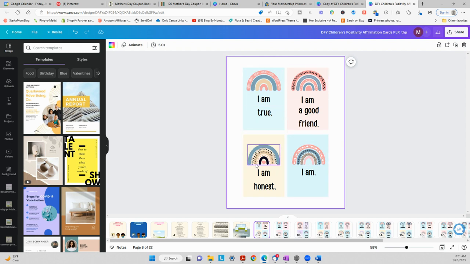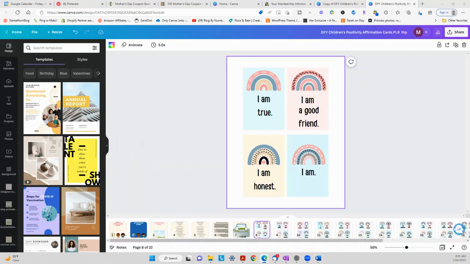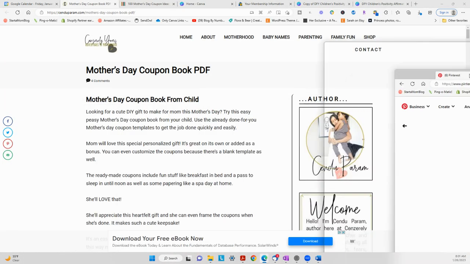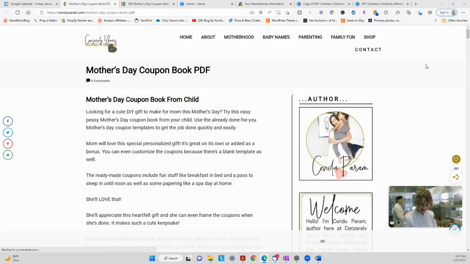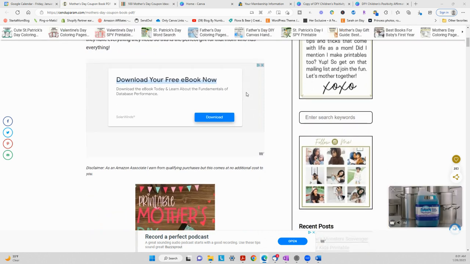So we already have the templates here. And then what I can do here, I just want to grab the Pinterest idea and drag it over to my other screen there. And then we will go on to that one, the one for the,